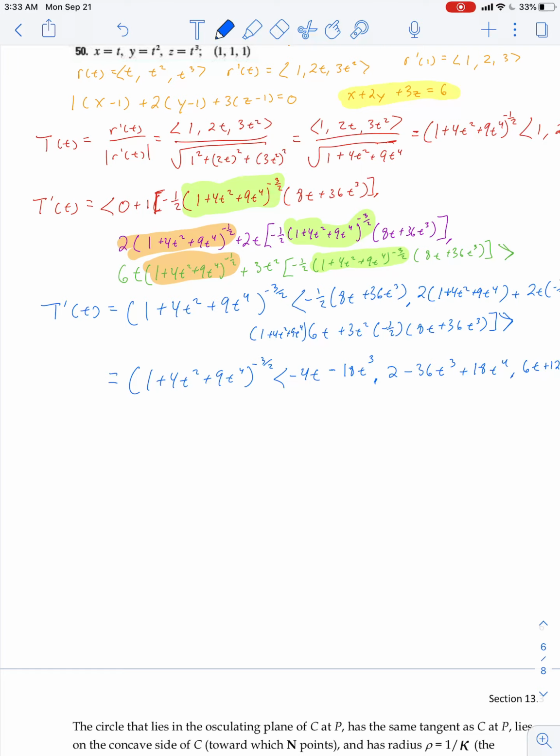Alright, so that's my tangent vector. Do I need the unit tangent vector? I don't need the unit tangent vector. All I need is just a tangent vector. So when I find my normal vector, all I'm going to do is